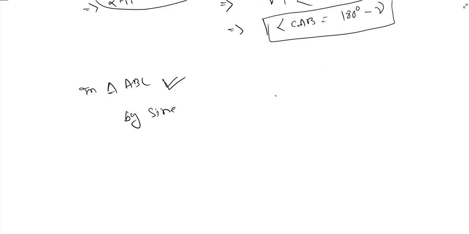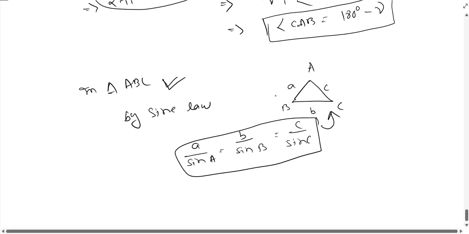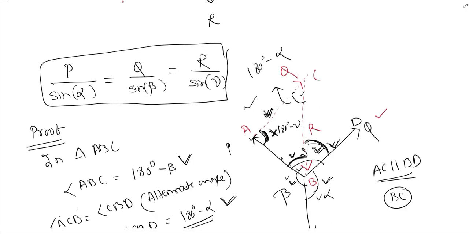By sine law क्या होता है? If this is a triangle and these A, B, C are the sides and these are the tip of the triangle, that means A by sine A equal to B by sine B equal to C by sine C. This is the sine law. So if we apply this sine law in this triangle ABC, then we will get